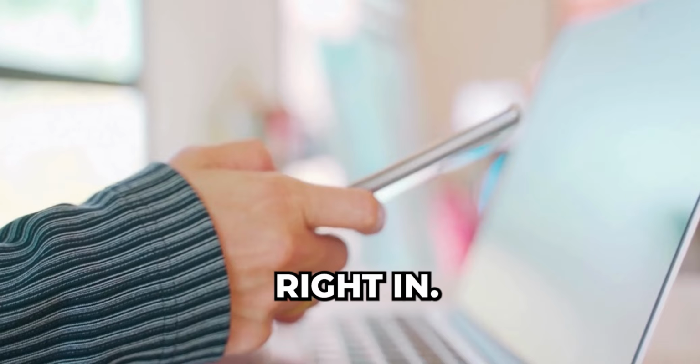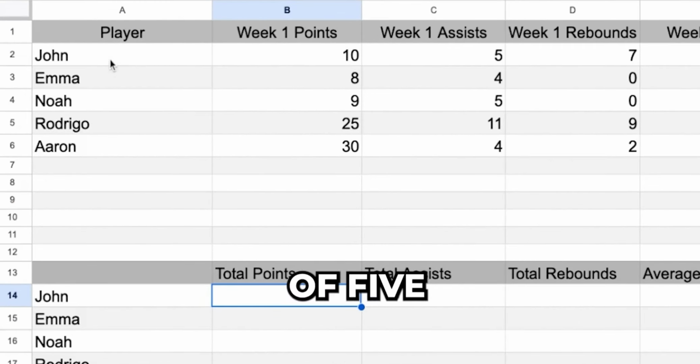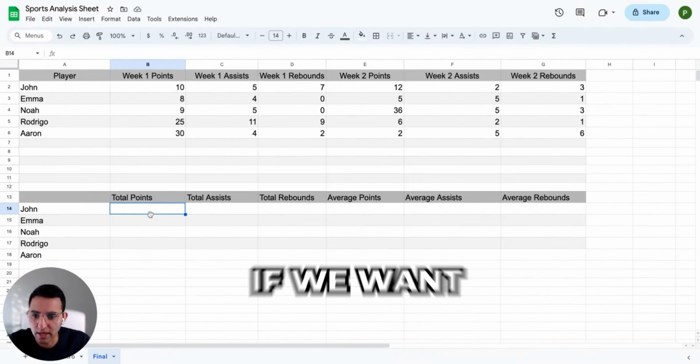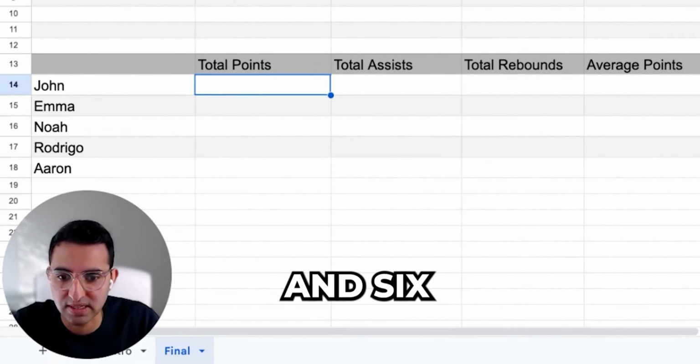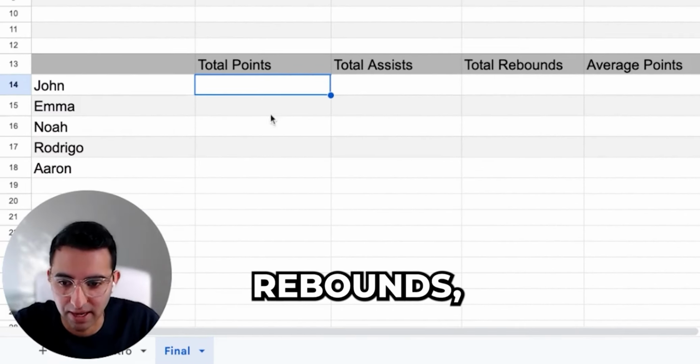Let's jump right in. So over here, I have a list of 5 basketball players, random ones that I came up with, and I also assigned them with week 1 and 2's points, assists, and rebounds. So if we want to figure out their total points, assists, rebounds, and average points, assists, rebounds, we come down here,